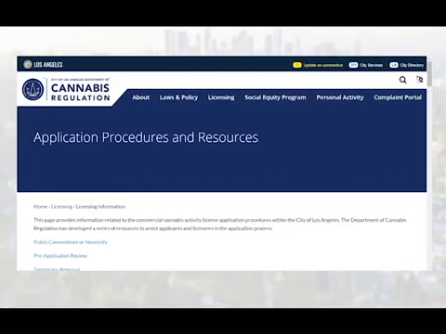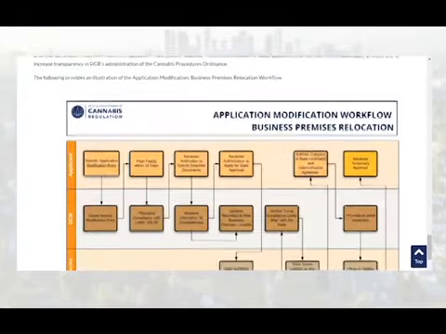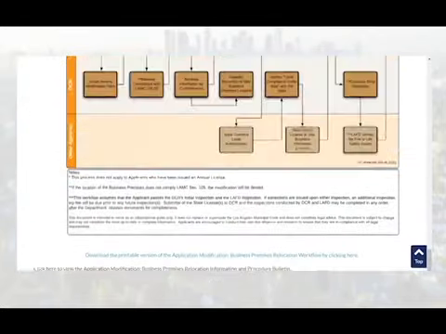The department has developed an application procedures and resources page to assist applicants and licensees in the application process. Currently, this page contains information related to the following processes: the PCN process, the pre-application review process, the temporary approval application process, and the business premises relocation process, along with additional processes.